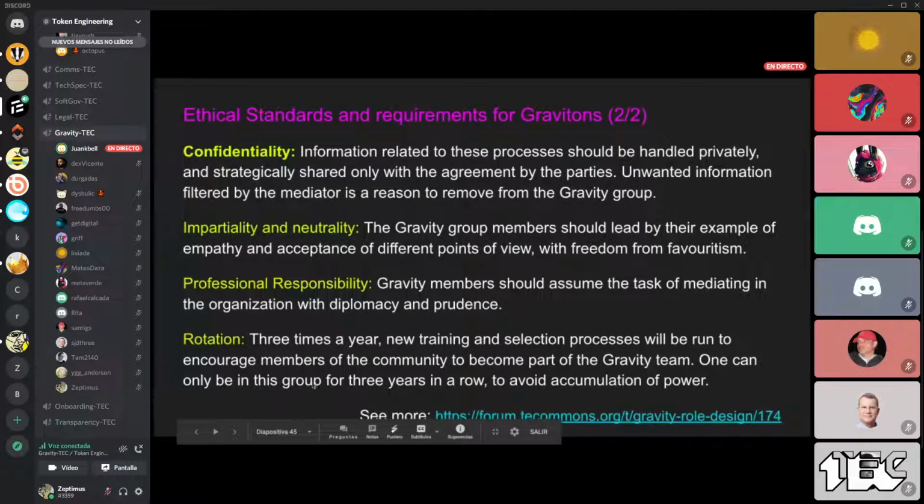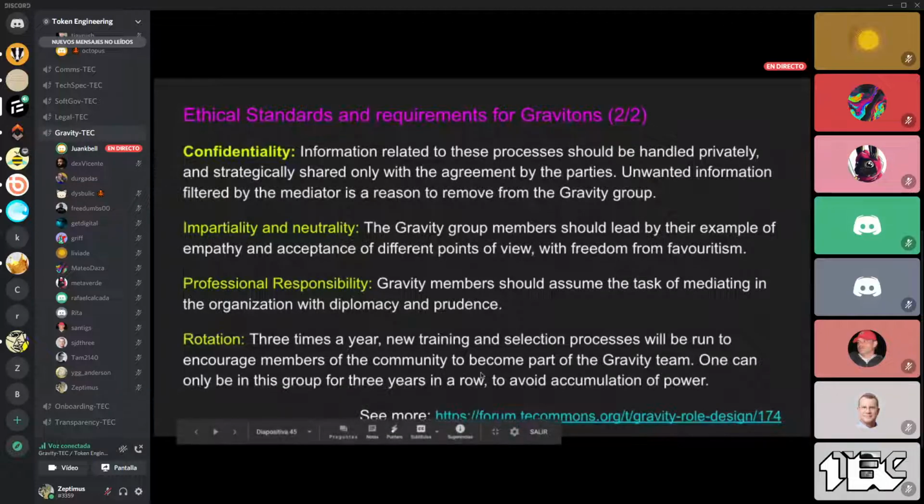It's the maximum time that you can be in this group, because this rotation was set to avoid centralization of power. And maybe if there is a graviton who is in the gravity group for 10 years, maybe he has too much information or too much power over the group. But the idea is to have a very rotative group. So what we initially said is that after 3 years, you cannot offer this anymore,